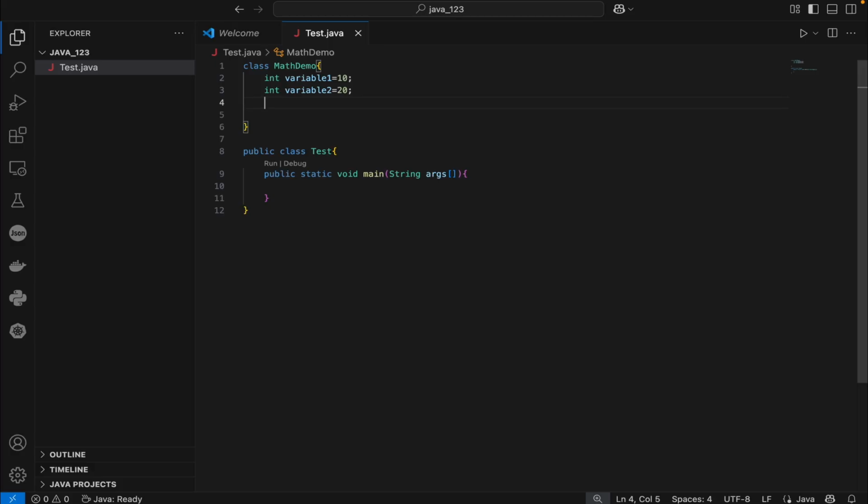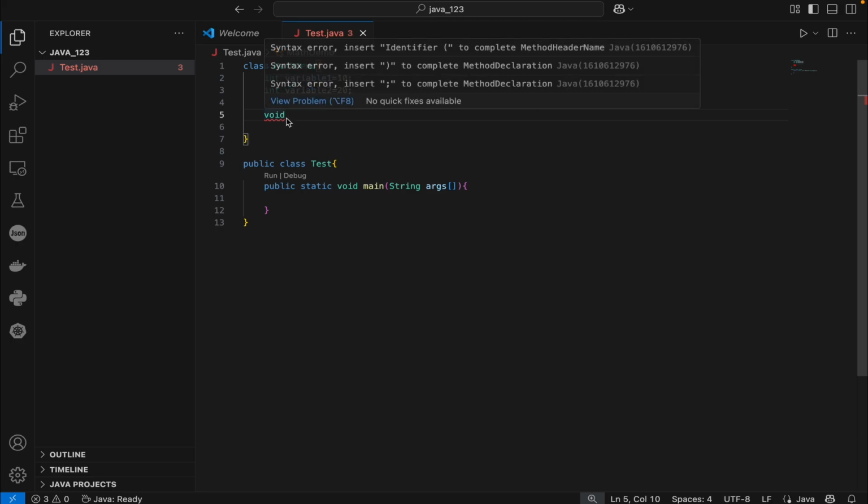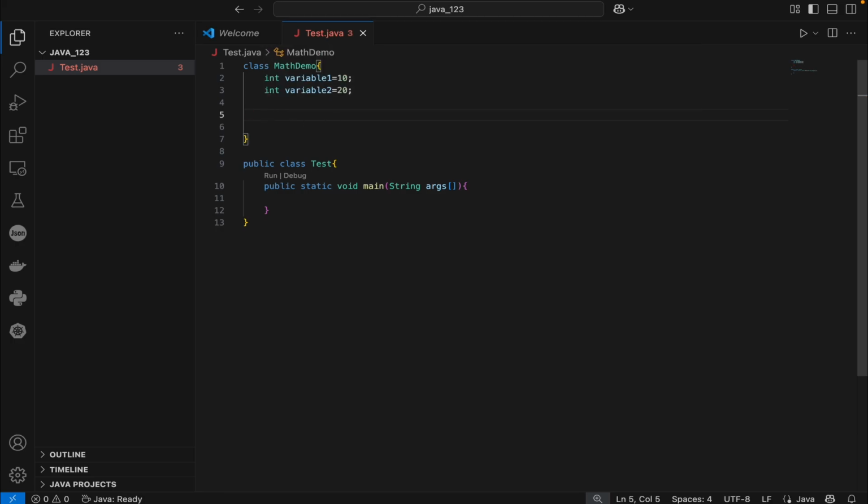So let's create the method. Now as I have told you earlier, void means the method is not going to return anything, but actually we need something. Actually we need the answer of the mathematical calculation that our method is going to do. So we need to return something, and the data type for that, as we are working on the integer data type, we will define it as integer. int first addition